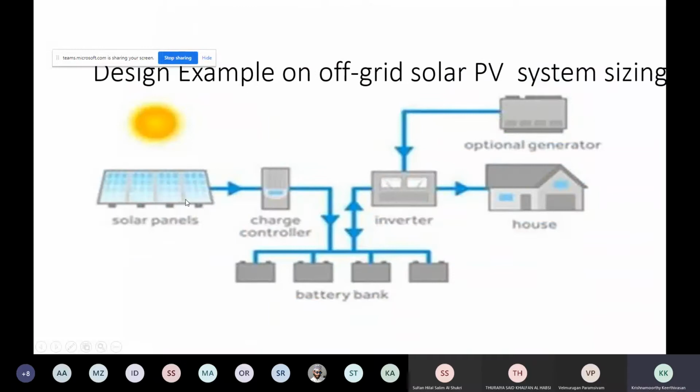So coming to the design of an off-grid solar system, the solar panel feeds the charge controller, and that will charge your batteries. When this is working, it will charge the battery during daytime. During usage time, power from the battery will be given to your inverter, which converts it to AC, and that will be used. And you see all this backup. If sometimes there is some problem in the solar panel, a link fuse blows, or a problem in the charge controller, the battery life will be very, very less.